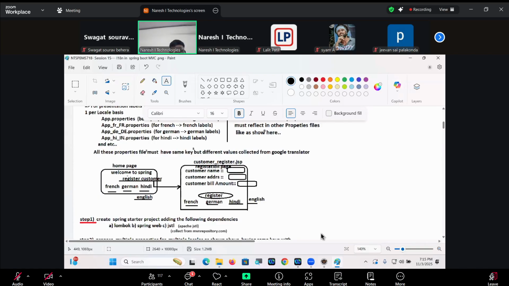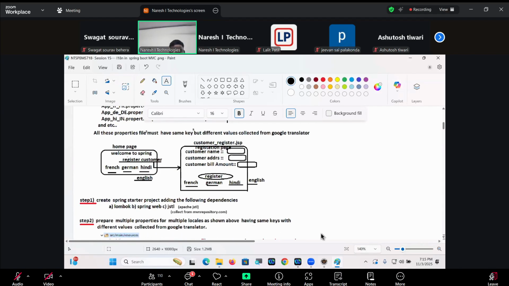This is a JSP page, this registration page. These labels and the caption of the submit button must and should change based on the locale we choose. Okay, that's good.